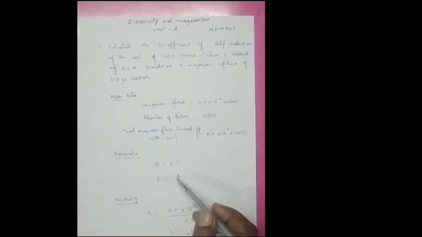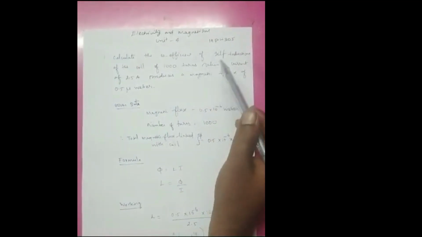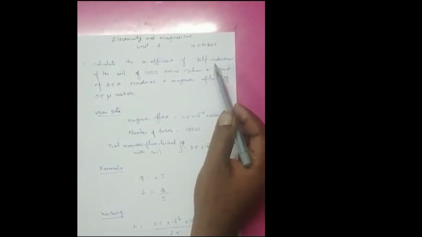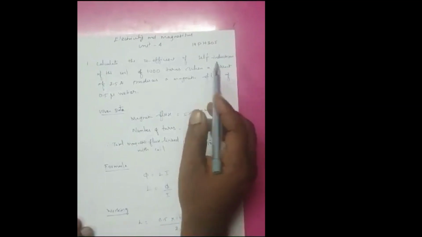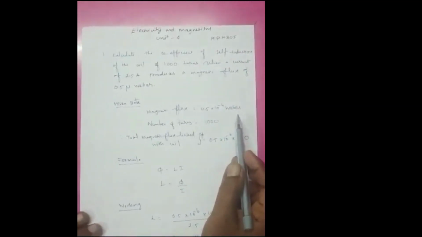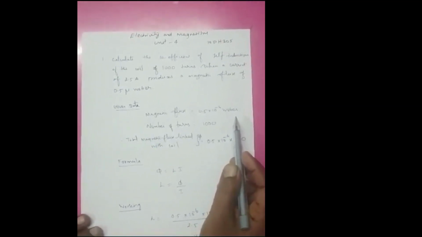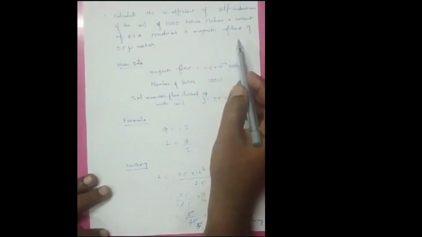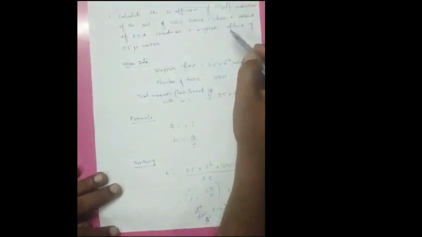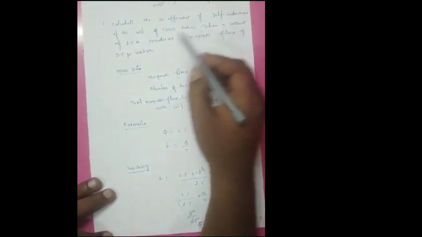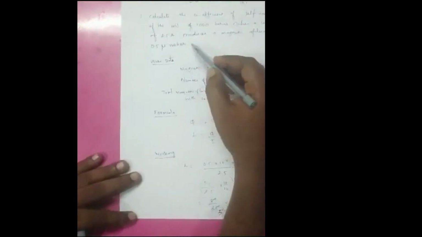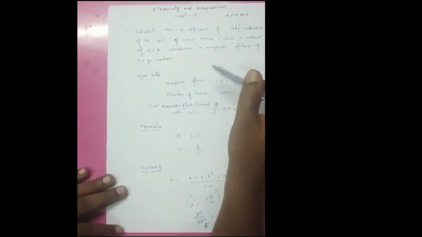Today I am discussing some problems in electricity and magnetism, Unit 4, subject code 19PH305. First problem: calculate the coefficient of self-induction of a coil of 100 turns when a current of 2.5 ampere produces a magnetic flux of 0.5 microweber. That is the problem. So now we go to